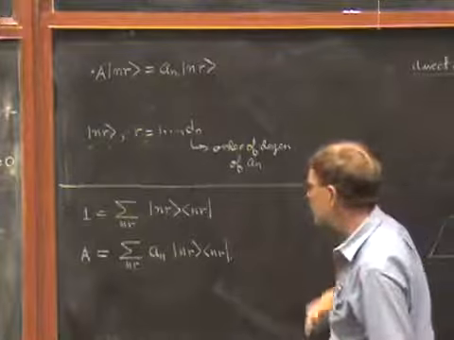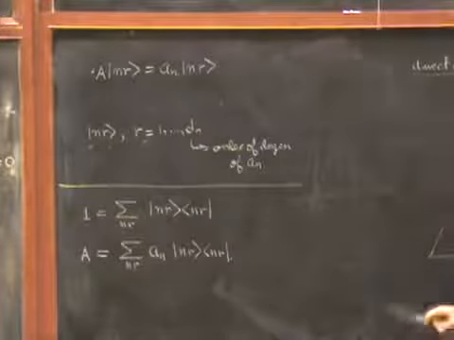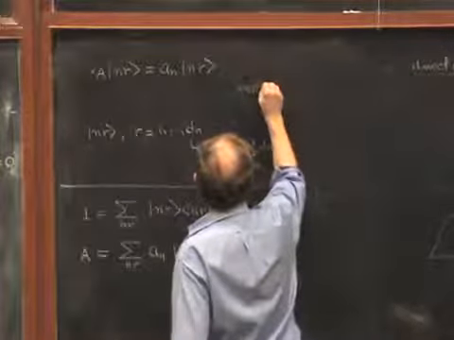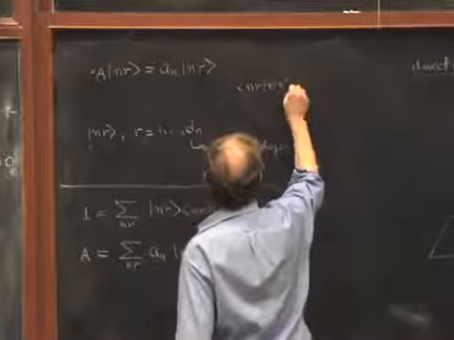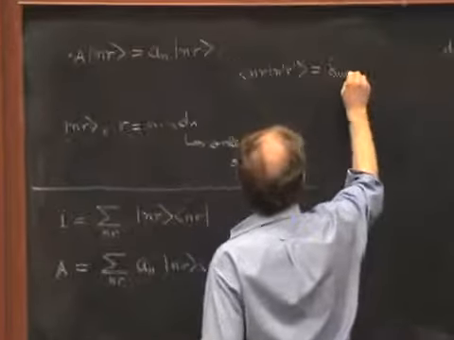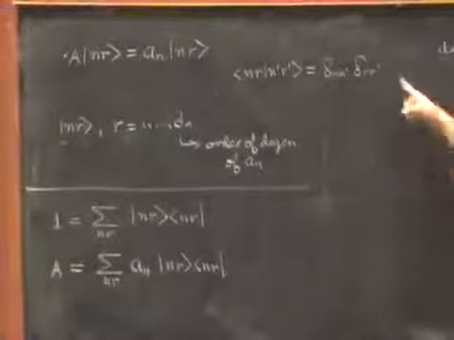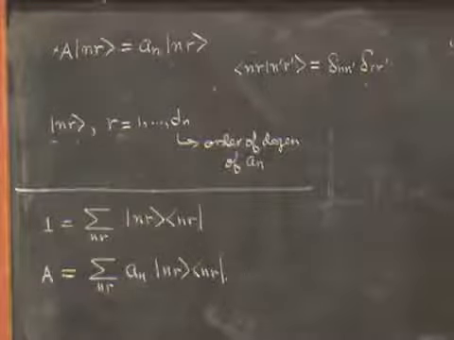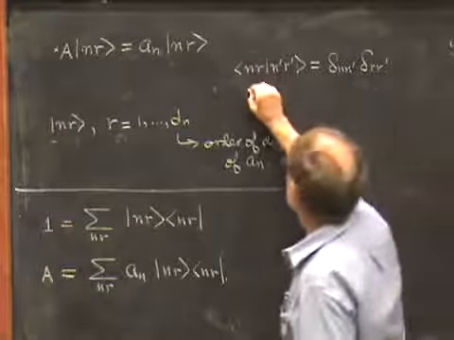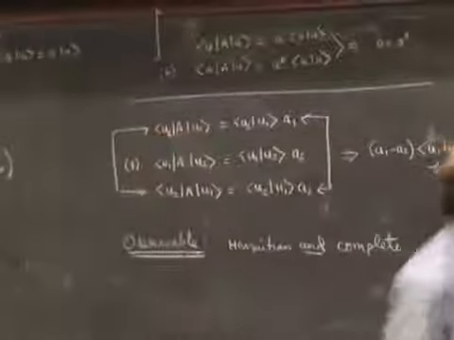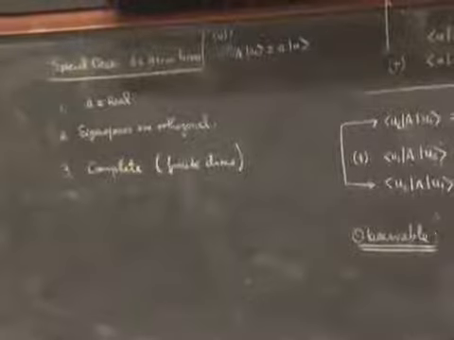By the way, I should have mentioned something here, which is the orthonormality conditions of these vectors. These are the following. The scalar product of |n,r⟩ with |n',r'⟩ is Kronecker delta n n' times Kronecker delta r r'. The two Kronecker deltas appear for different reasons. The reason it's orthogonal in n and n' is because of the property over here that eigenspaces are orthogonal. Or in this picture here, if they belong to different eigenspaces, they're orthogonal.